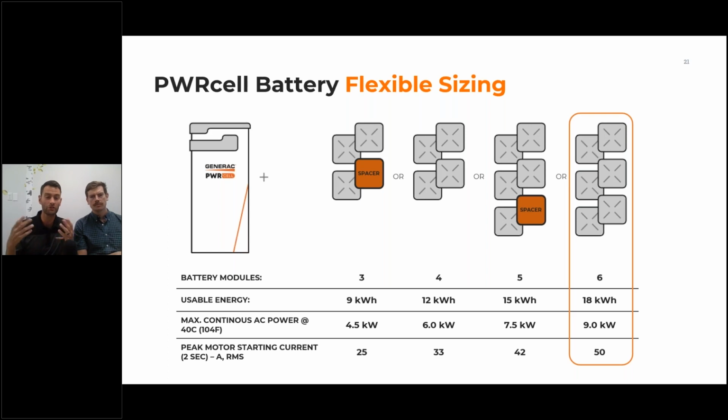And so 3 battery modules is essentially going to be your partial home option. If I were selling these packages to homeowners, I would call that the essentials package, for $70 a month. We can offer the essentials package where we'll back up your lights, living room, bathroom, and bedroom, or for $120 a month, or whatever it may be through your financing, we can offer managed